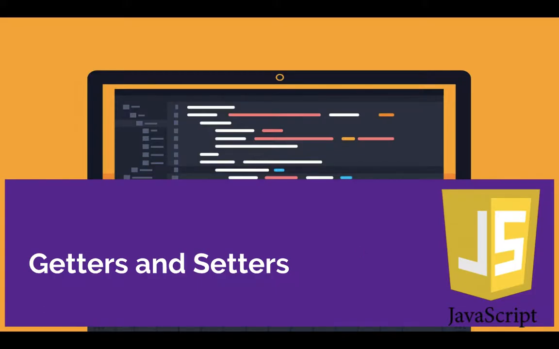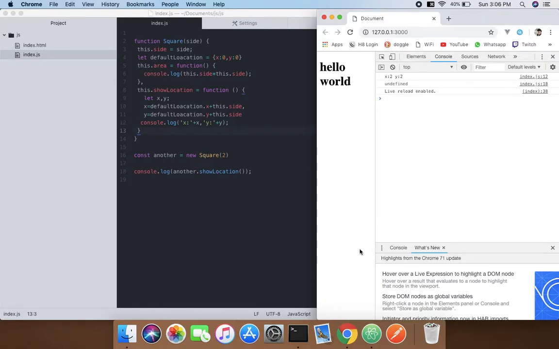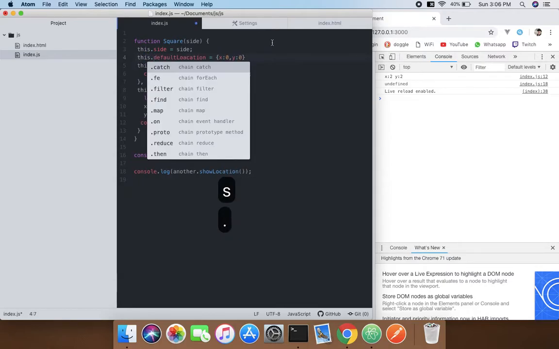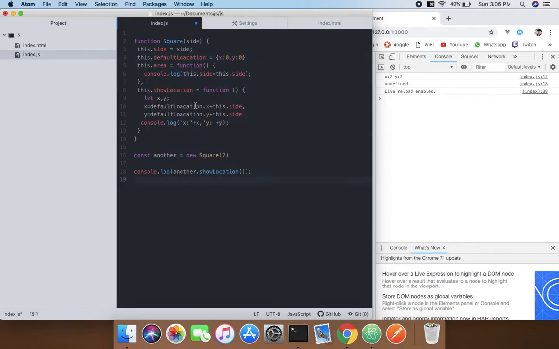Asad here, and in this tutorial I'm going to talk about getters and setters. Think about a situation where you want the default location to also be seen here. You're going to say simple, right? We just need to do this and do that, right? But no, in that way